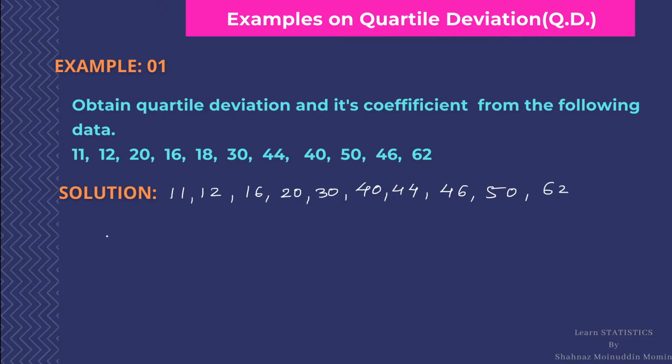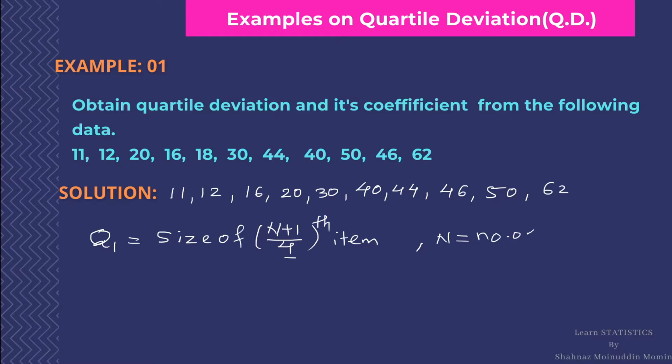Now we will obtain the first quartile denoted by Q1, which is equal to, the formula is size of (n plus 1) upon 4th item. Since quartiles divide the total data into 4 equal parts, we divide here by 4. Here n is nothing but the number of observations given. In this case, the number of observations given is 11. So n is 11. Now substitute the value of 11, we get size of